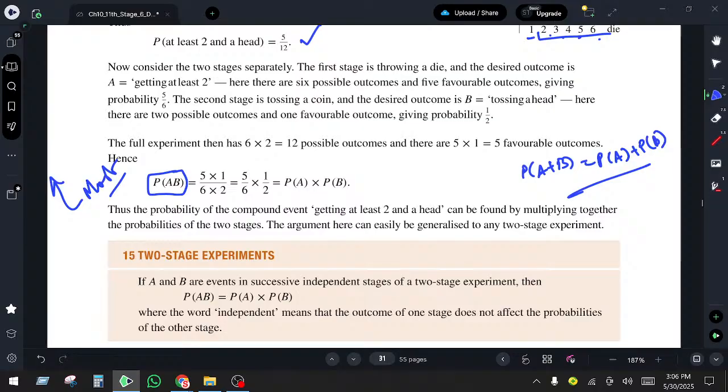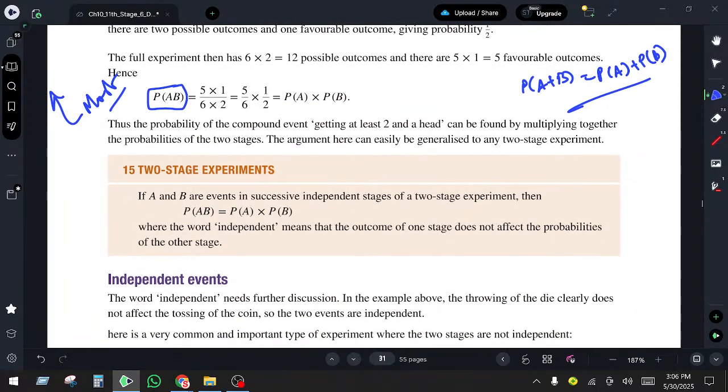Okay, so that is the thing. This is not mutually exclusive. Okay, so next we will see what we call a two-stage experiment. See, probability of A and B are events in successive independent stages. Successive independent stage means पहला एक इवेंट कंप्लीट है, तो नेक्स्ट दूसरा इवेंट है। ओके, इट इज सक्सेसिव इंडिपेंडेंट।